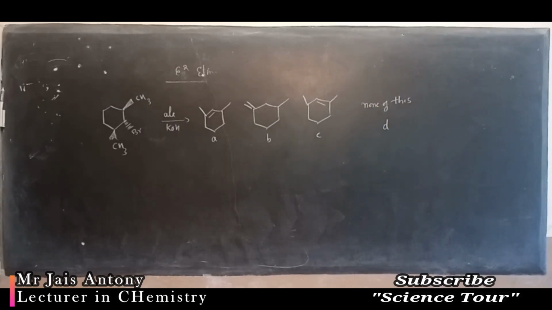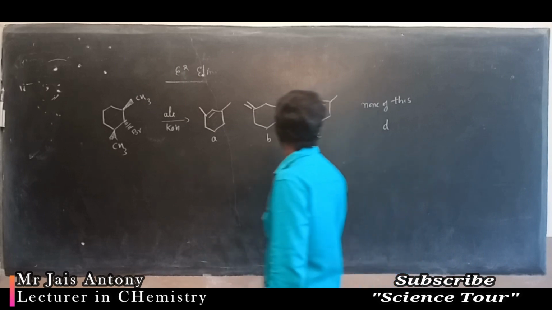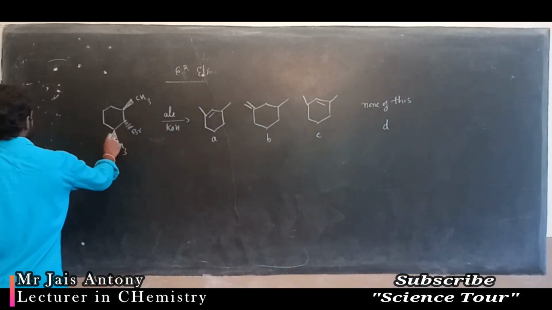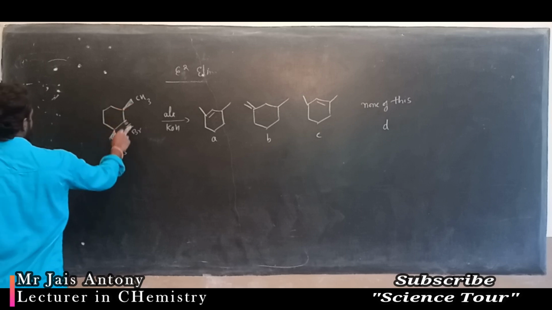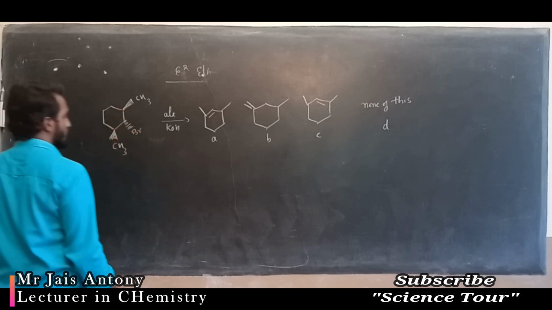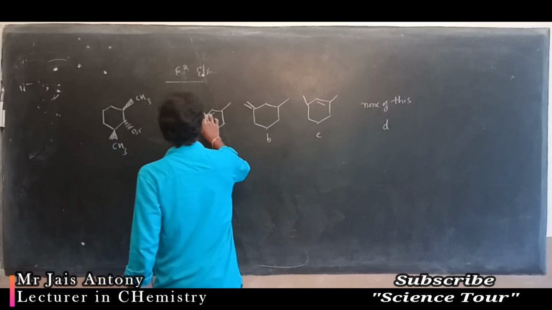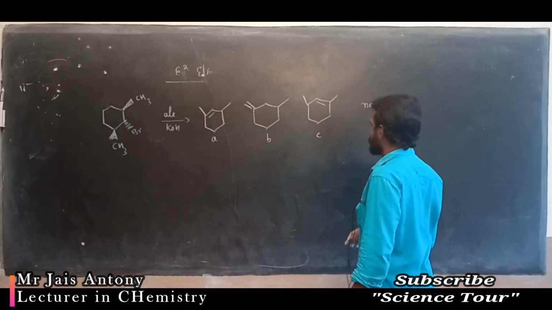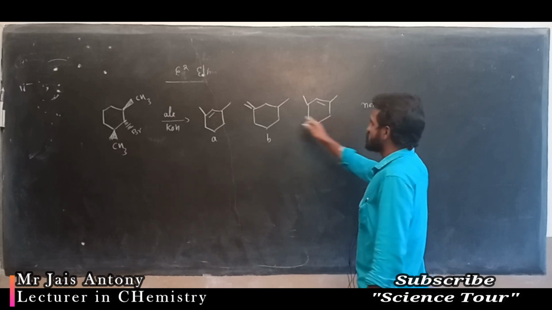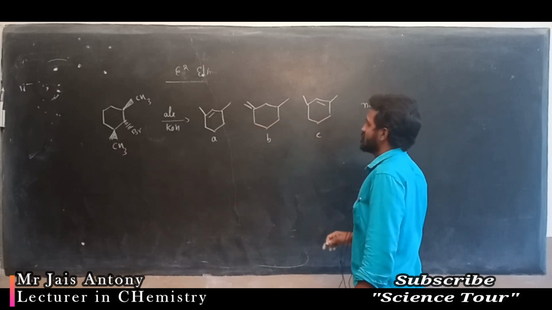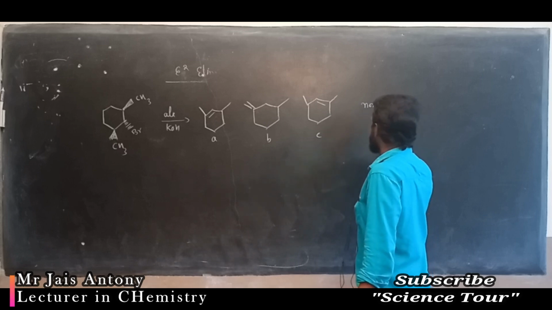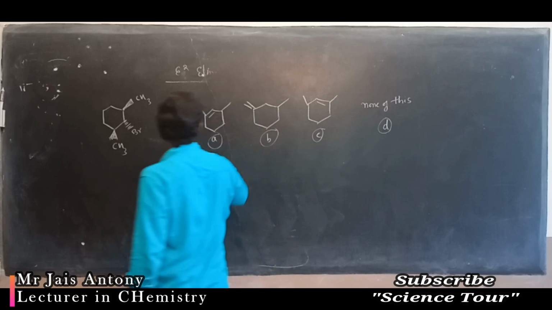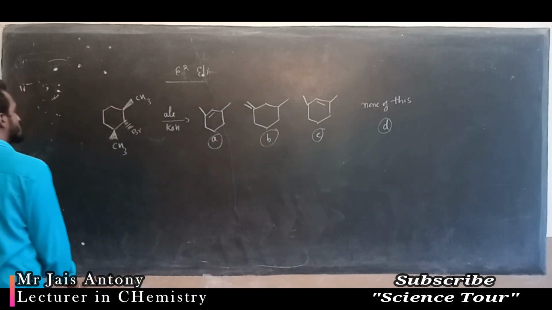Okay, dear students, this is one more question. I have shown this one towards you, and this one away from you. It reacts with alcoholic potassium hydroxide. This is E2 elimination with alcoholic potassium hydroxide. Which structure does it give after the reaction? You have to find out, and D is none of these. So we will solve this one.